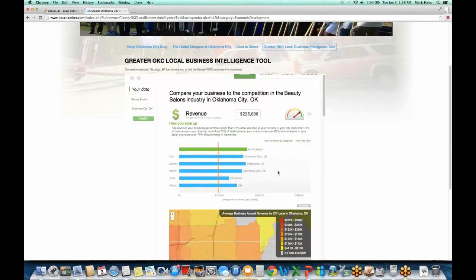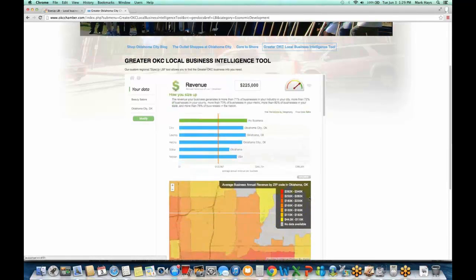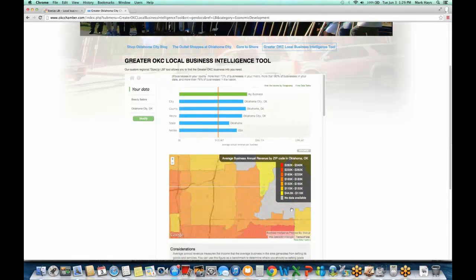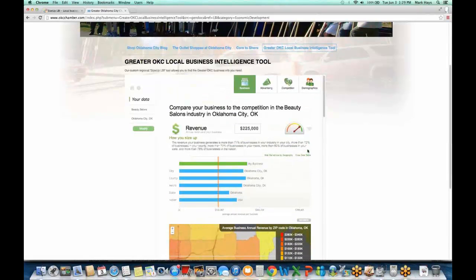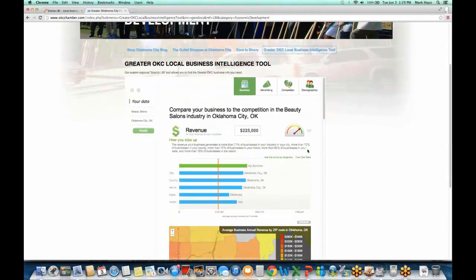We also have heat maps. Again, we just try to make it as simple as possible so that there's no confusion. We also, at every portion of the tool, have a source button. So you simply click the source, and we're going to tell you where we got that portion of the data from. Throughout the tool, we have hundreds of sources from public and private sources. So we always make sure we're transparent, telling you where we got the data from, just so you have some confidence in that.